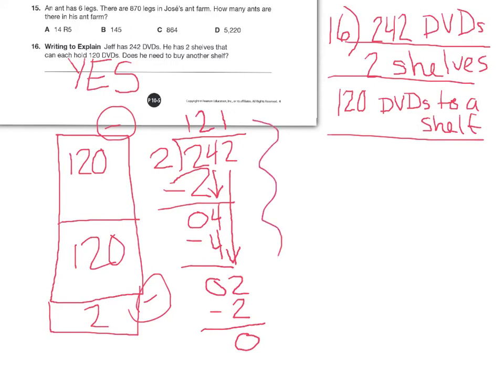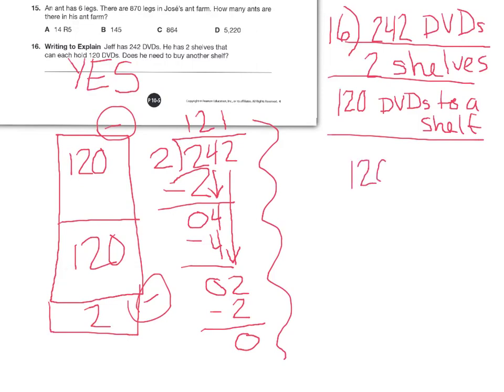There's another way you could have done this. You could have done this without division. So if you've done it that way, then it's okay. I will show you the other way. Jeff has 242 DVDs and he has 2 shelves that can each hold 120. So what you could do is you could have added up 120 plus 120,